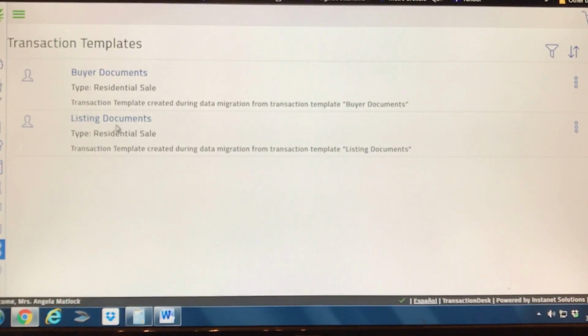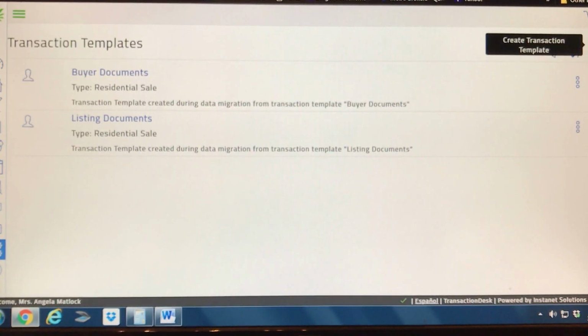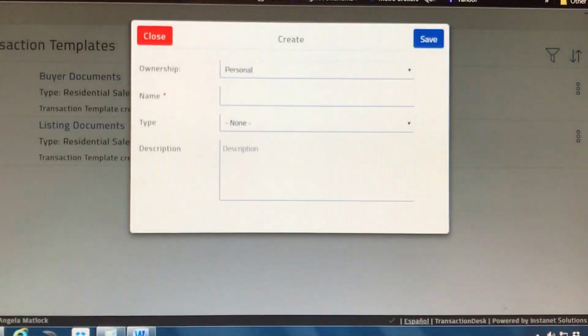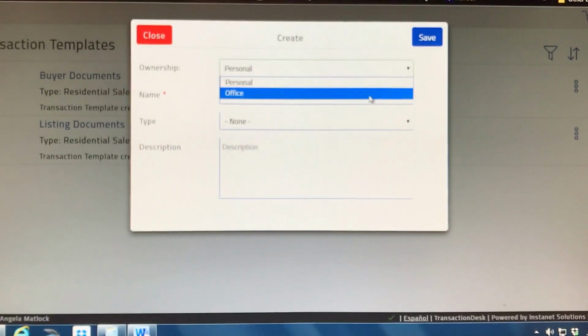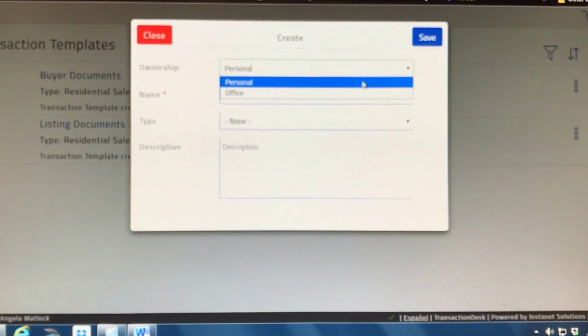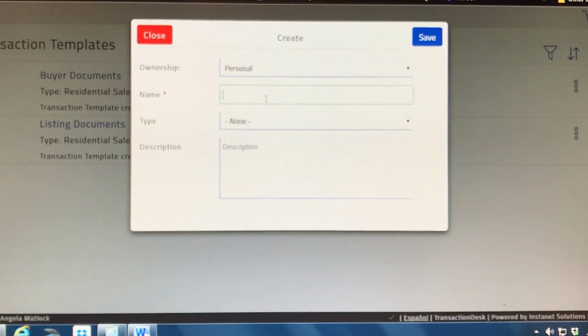Now I already have some in place, but I'm going to recreate another one so that we can go from the beginning. So you press the Add Create Transaction Template button. And I'm going to make this personal. I'm a broker. Yours might look a little bit different. I don't want to put this on my entire office and mess up their wall, so I'll just do personal. And we'll call it